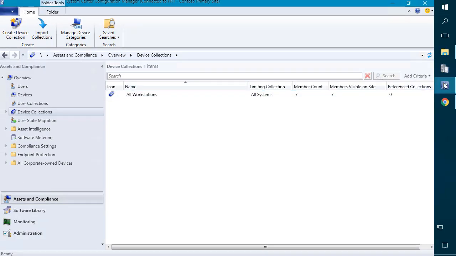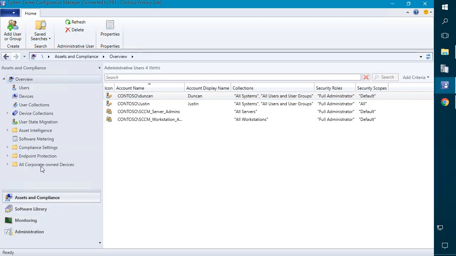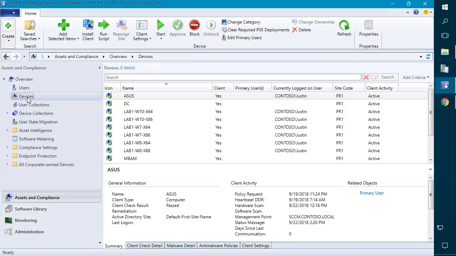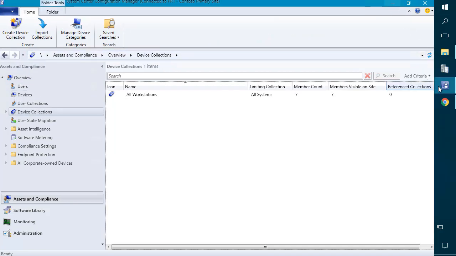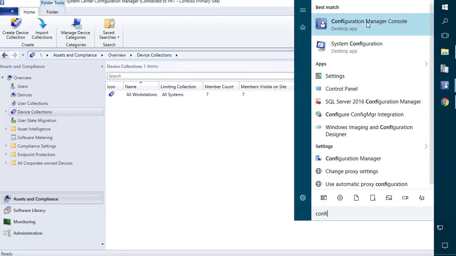Now jumping back over to my full admin account, which has access to everything, if I look back at my devices, we can see that this account can see all 13 devices, right? So even though I'm a full admin, I can only do things as far as deployment goes against the collection that I manage as a workstation admin. So then jumping back to my console, if I do a run as,